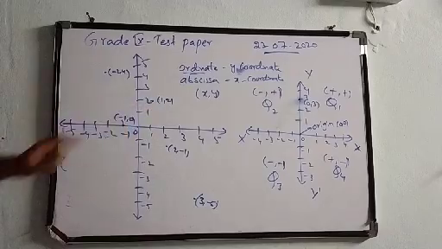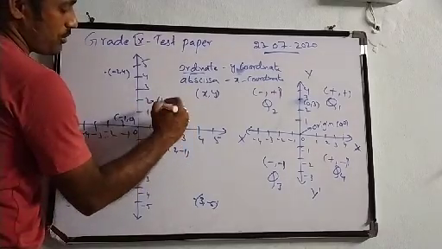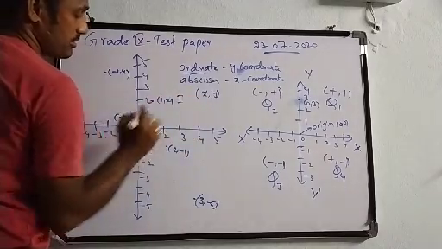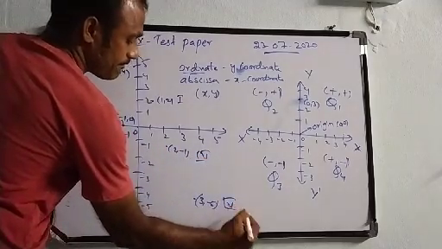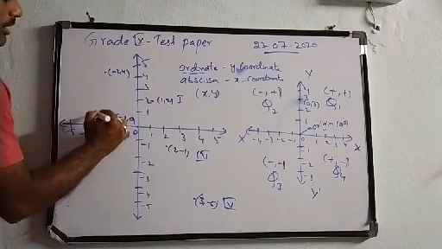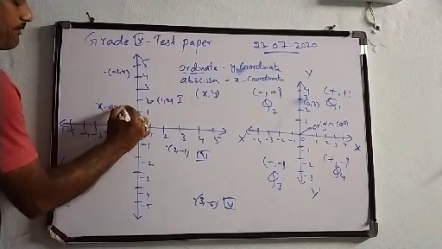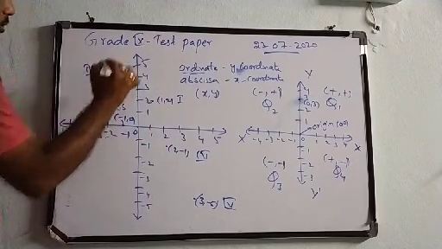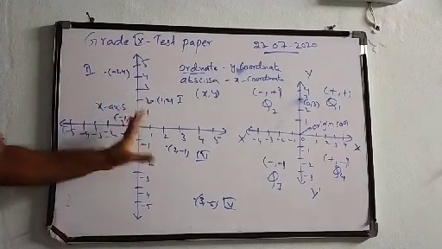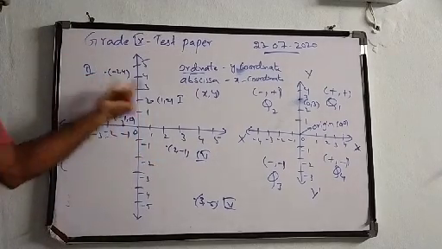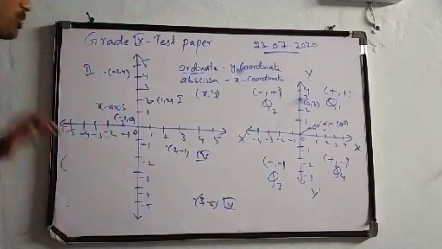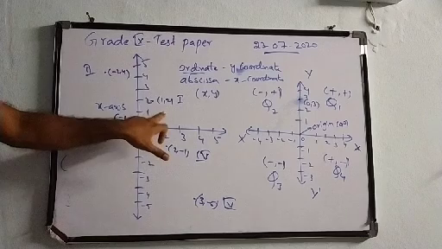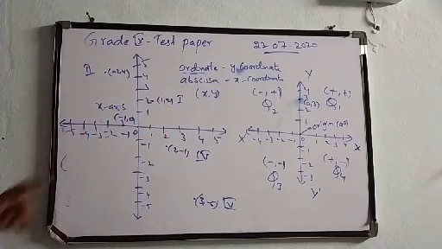Okay, the first point. If I take 1 comma 2, so 1 comma 2 is lying in first quadrant, and these two are lying in fourth quadrant, and this is lying on x-axis, this is lying in second quadrant. So he is asking where the points are going to lie. So we have mentioned in which quadrants the coordinates are lying. So two are lying in fourth quadrant. One is lying in the first quadrant, one is lying in the second quadrant, one is lying on the x-axis. Coming to the 14th question.